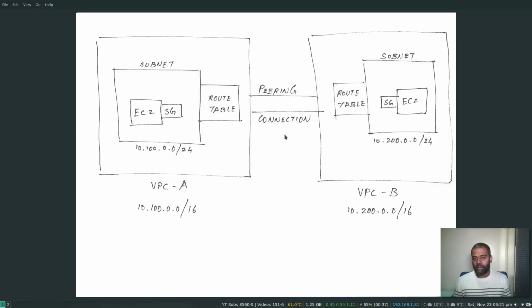Right, in this video we are going to look at VPC peering. I'll show you a quick demo. When I say quick, it's not going to be a quick demo, but I'm not sure how long it's going to take. But what we will be covering in this video is how to connect two VPCs using a peering